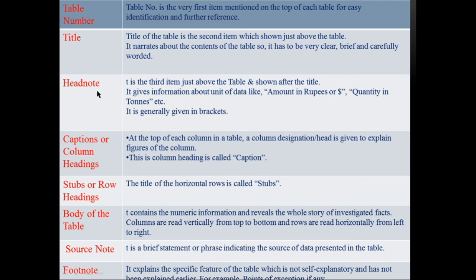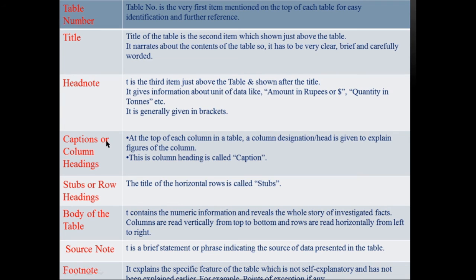Number 3, headnote. It is the third item, just above the table and shown after the title. It gives information about the unit of data, like amount in rupees, quantity in tons, etc. It is generally given in brackets.